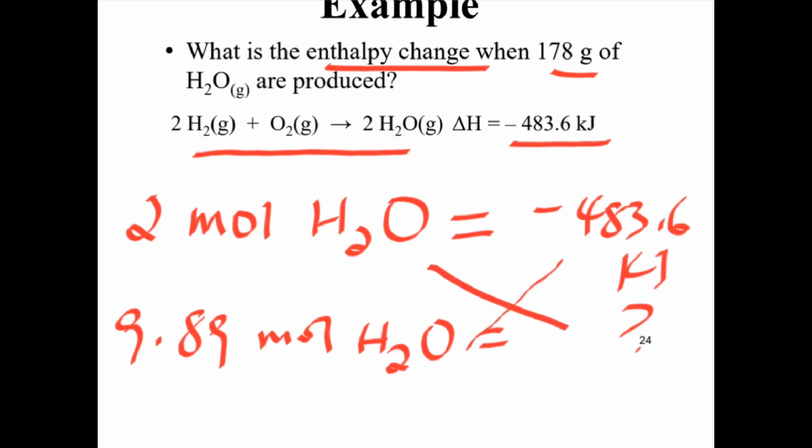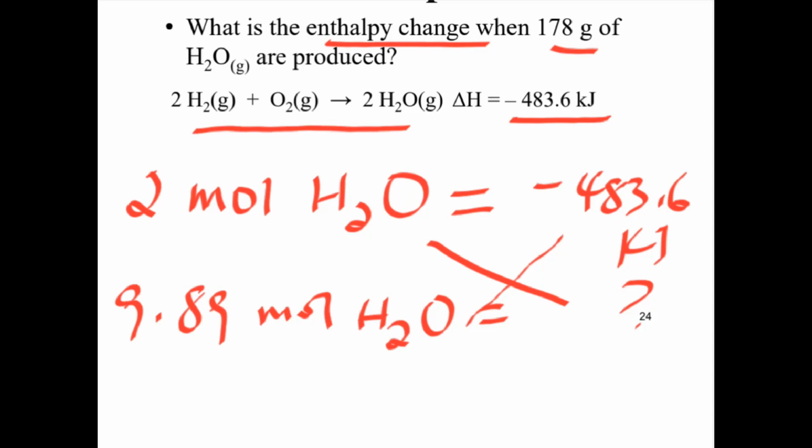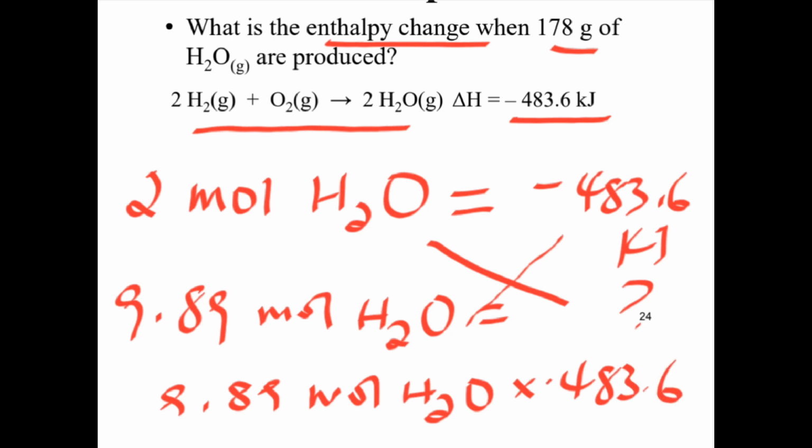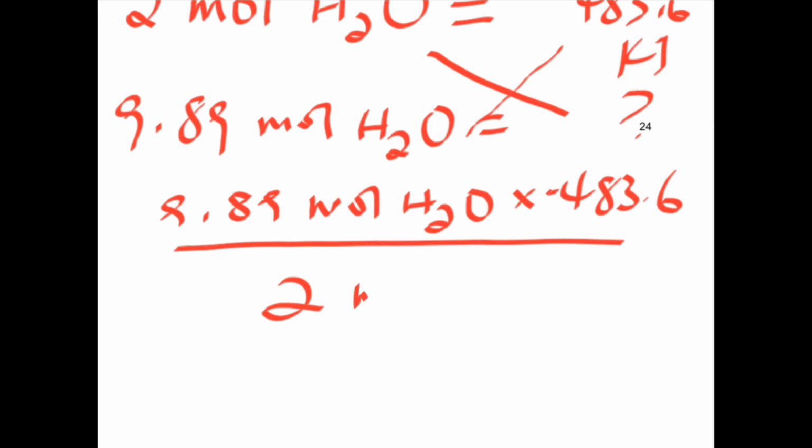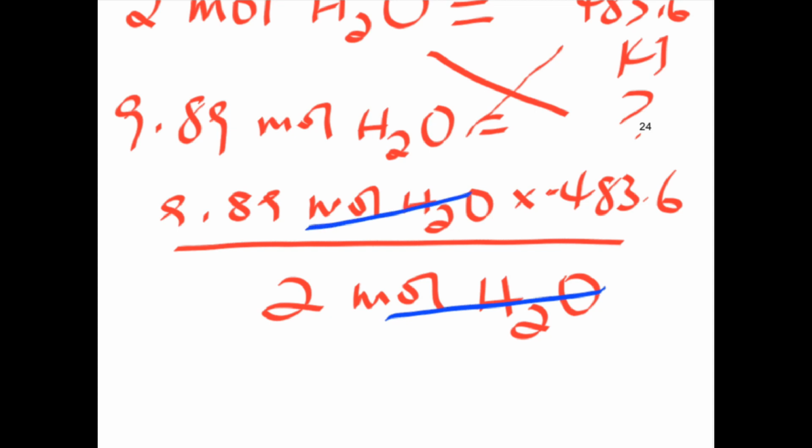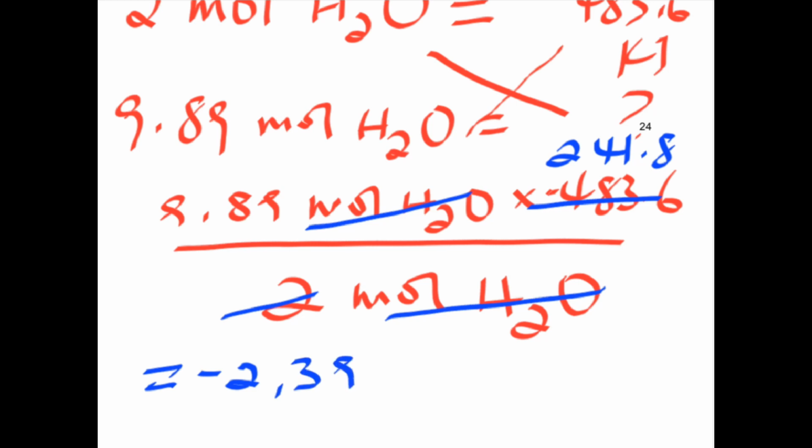ኢንታልፒ ቼንጅ አለ? ምክንያቱም ኢንታልፒ ኤክስቴንሲቭ ፕሮፐርቲ ስለሆነ ማለት ነው። ስለዚህ it depends on the amount of matter that you have ማለት ነው። ስለዚህ ብዙ አማውንት ካለን ኢንታልፒ ቼንጁም ትልቅ ነው የሚሆነው ማለት ነው። ስለዚህ ይሄ ማለት 9.89 mole of water times 483.6 ያው ኔጌቲቭ ነች over 2 moles of water, mole of water በmole of water by 2 ይሄን ሶልቭ አድርጋችሁ you'll get minus 2391.1 ኪሎ ጁል ማለት ነው።